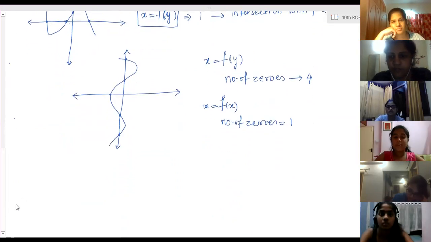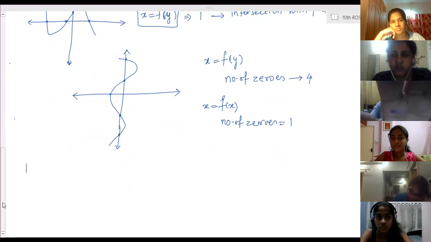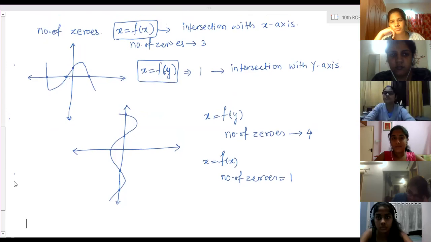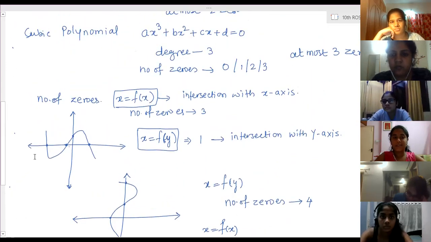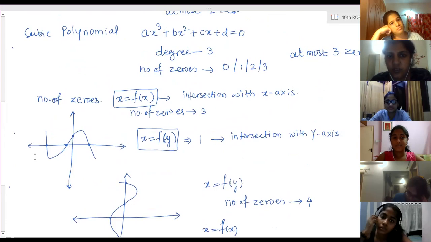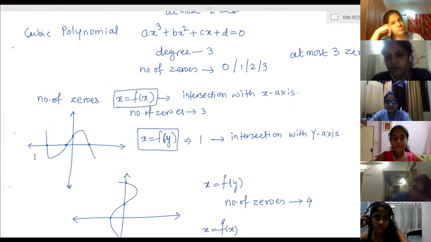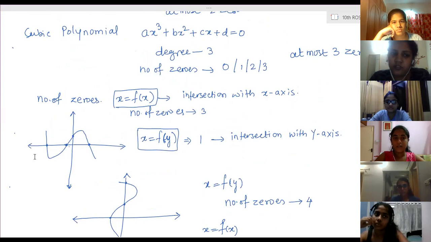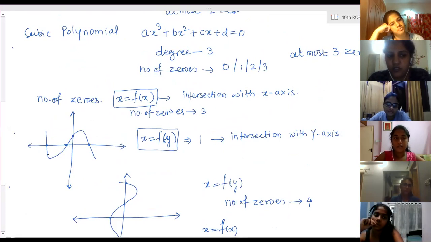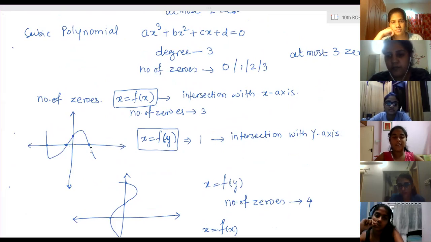That's it. Mom, can you just repeat the cubic polynomial part? I didn't get it very much. What is needed in that one to understand? Mom, actually, I didn't understand the graph. I have not drawn any graph of that one. The graph is only the curve part. You can say that it is a cubic polynomial, so there are 3 zeros intersecting the x-axis. Okay, so it is a cubic polynomial. Okay, Mom. I just got confused.